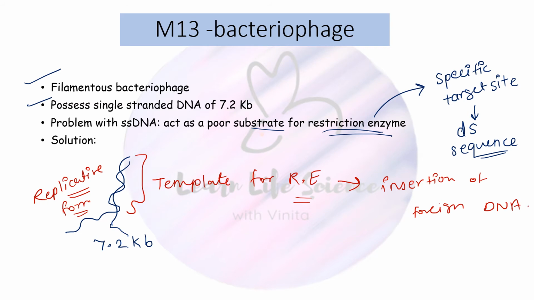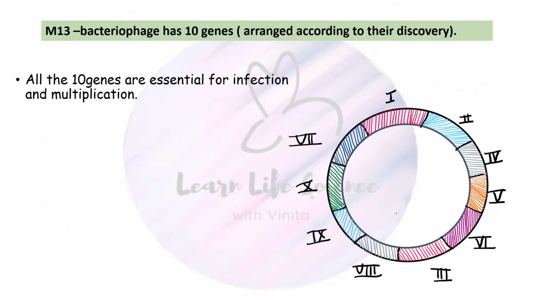Now, talking about this M13 bacteriophage, the important points begin from now. You can see here the M13 bacteriophage has 10 genes. I have represented it in double-stranded form, just for easy understanding. The M13 bacteriophage has around 10 genes, and they are arranged according to their chronological discovery. Now, the important point is all the 10 genes are essential for the infection of the host cell as well